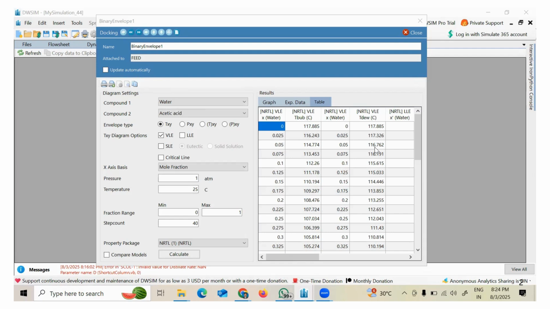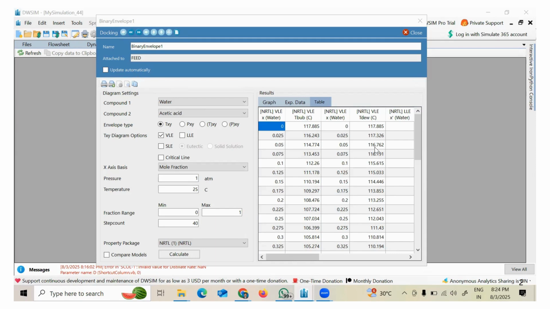Then I went to the utility in the menu bar and then add utility. In that I have taken material streams. In that I have taken binary phase envelope. In that I have taken the feed stream, and then I try to generate. I think the rest of the things we need to practice a little bit. So this is what this session is about: how to generate vapor-liquid equilibrium